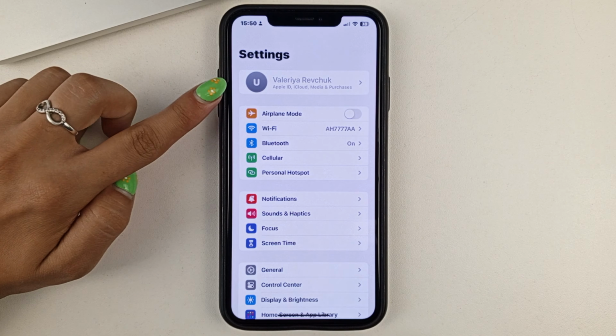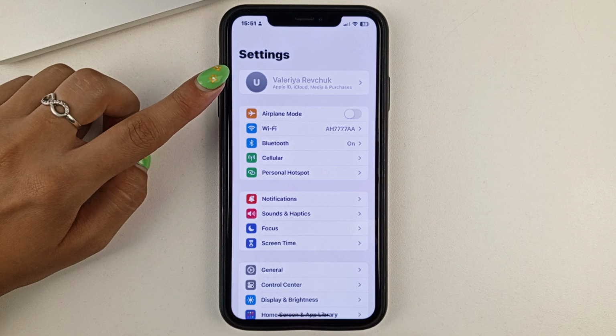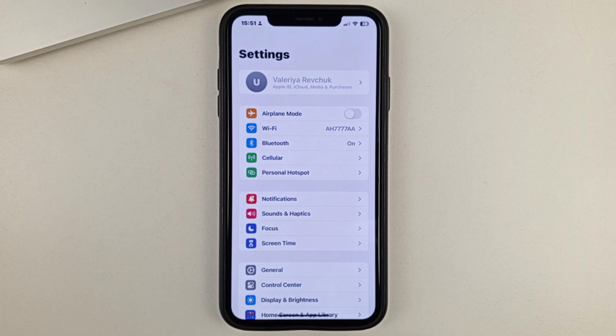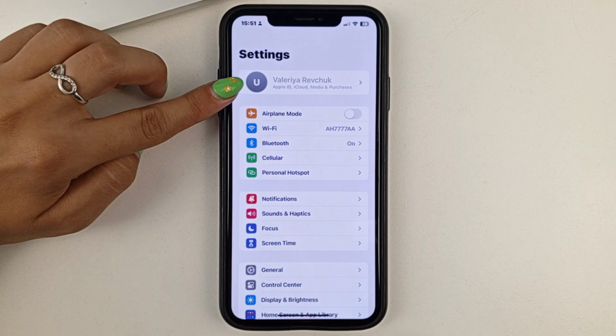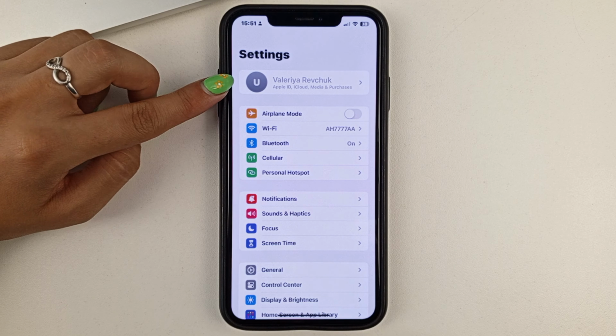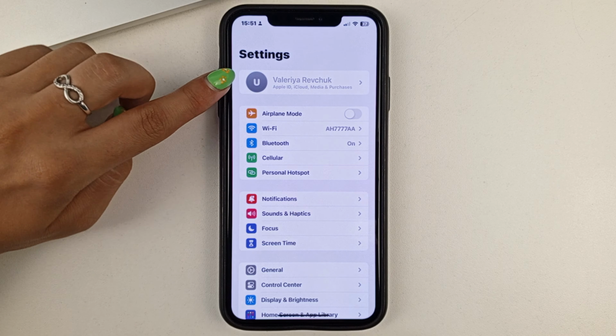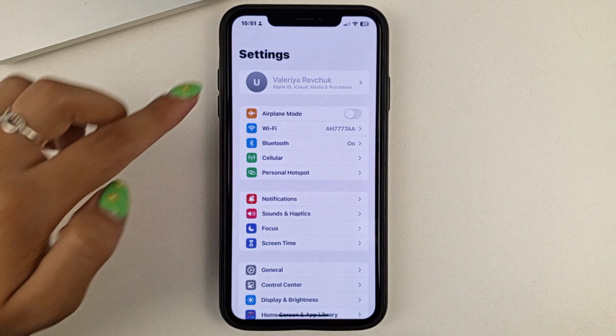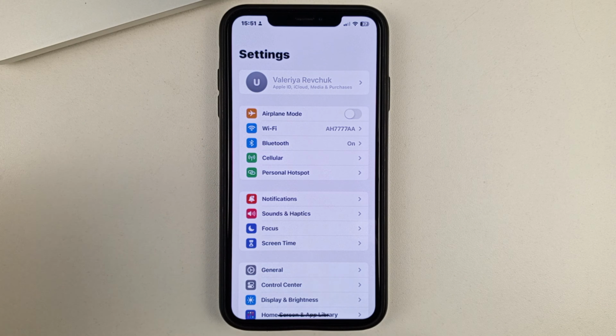And as you can see, you can still see your Apple ID account here. But you can't go into it because this account is now grayed out, which means that the information is hidden. The only thing you can find out about your Apple ID is just what it's called, nothing more. So, as you can see, all the settings are hidden.